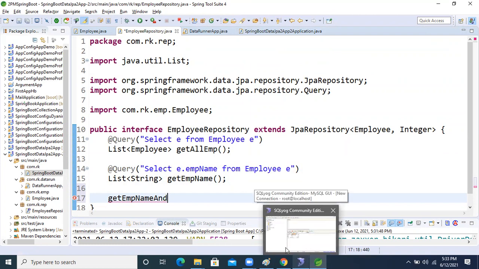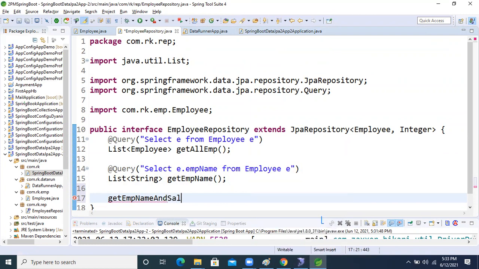ID, and let's take salary. This is the method name we are specifying. Now it will return what? List of Object array.